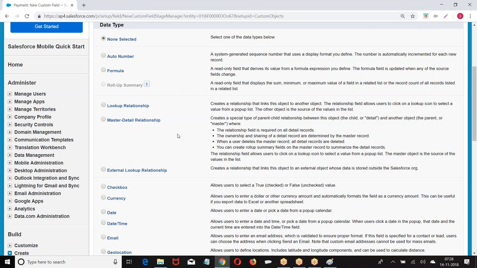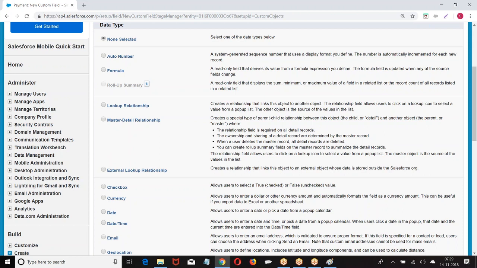You can only create a master detail field on custom object.